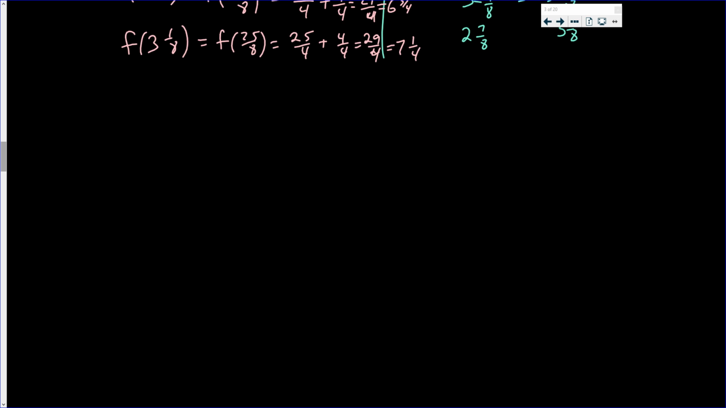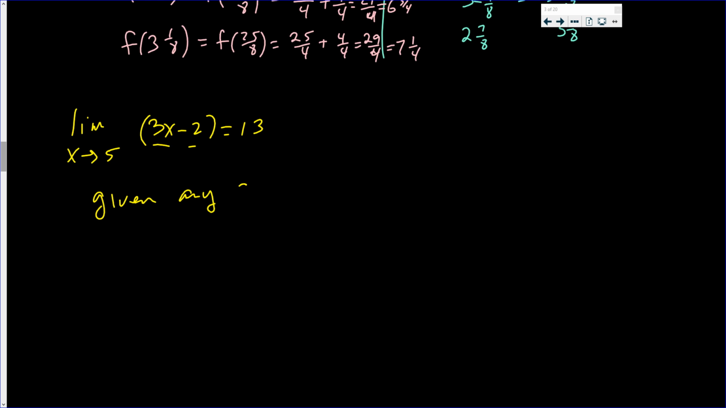Suppose you were asked to prove that the limit as x goes to 5 of 3x minus 2 is equal to 13. 3 times 5 is 15, minus 2 more is 13. So,